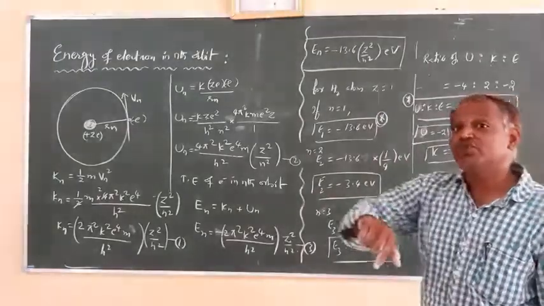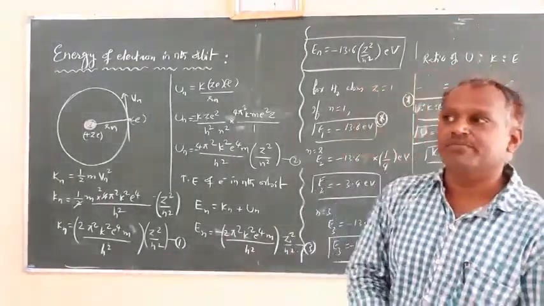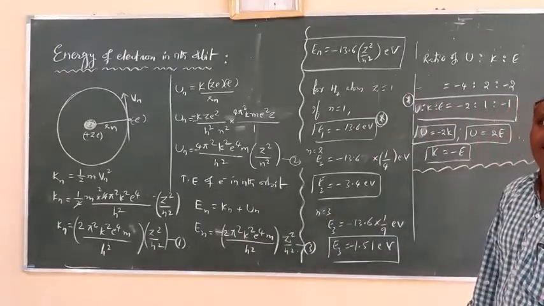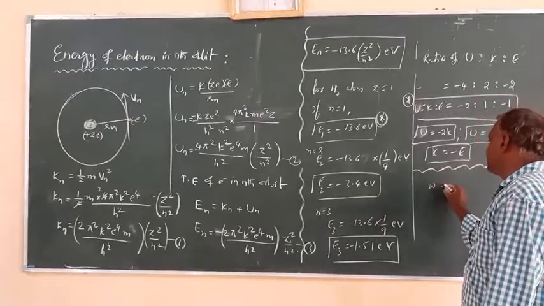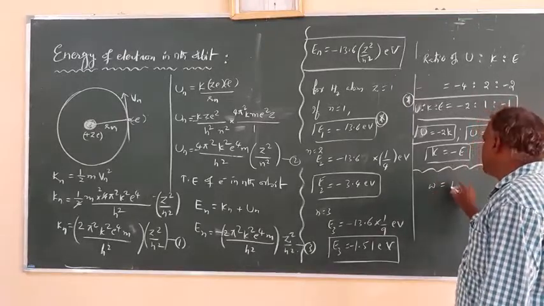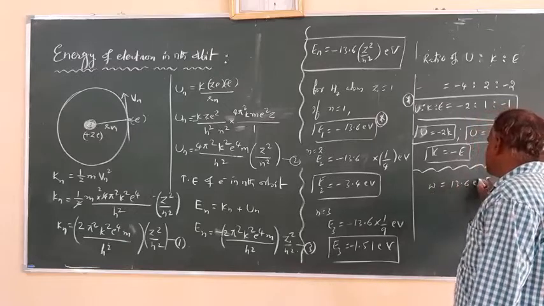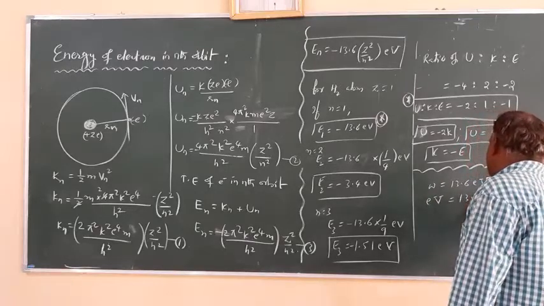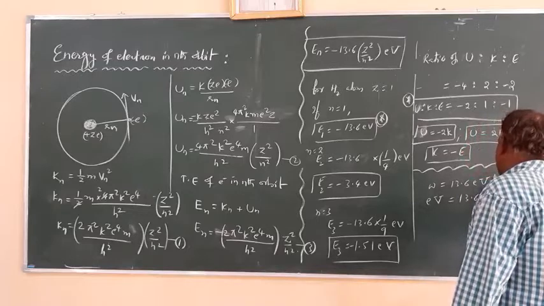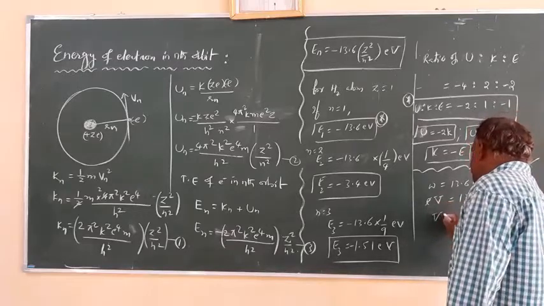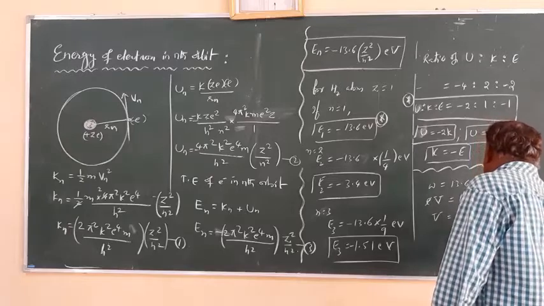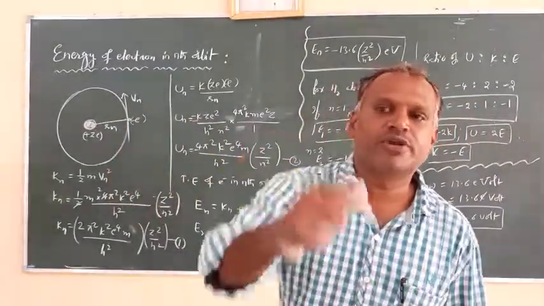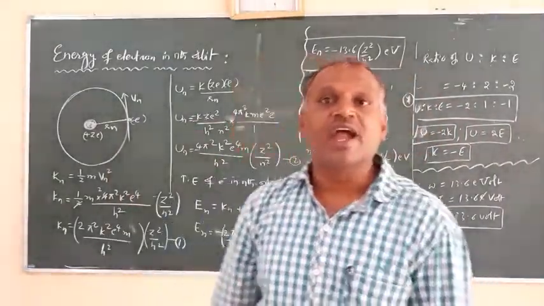Similarly, ionization potential is also the same. That means how much potential you have to apply to remove an electron from the ground state of a hydrogen atom. So here the work done or energy provided should be equal to how much? 13.6 electron volts. The work done can be written as electron charge into potential is equal to 13.6 electron volts. So here the electron charge cancels. So how much is this potential? 13.6 volts of potential is required to make that electron ejected or removed from the ground state of the hydrogen atom. So this amount of potential is called the ionization potential.